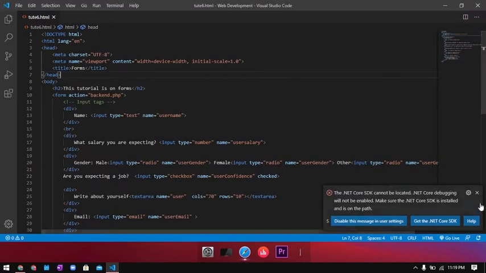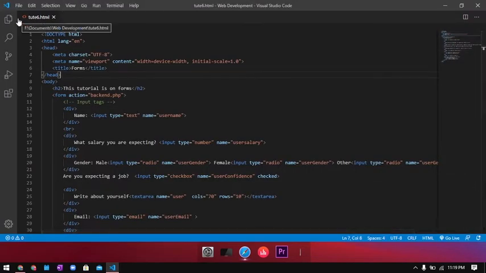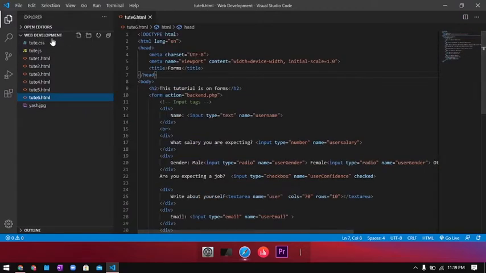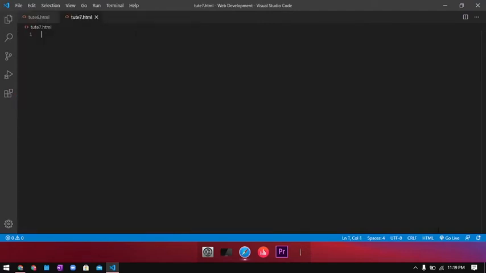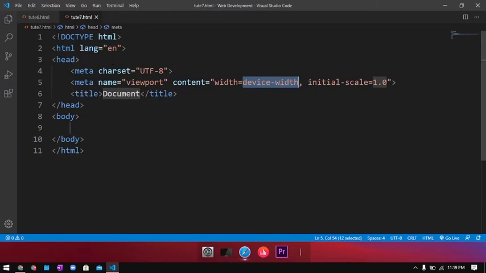So I'm in my VS Code now and I will create another file for our tut7.html. So now in our tut7.html, let us have a boilerplate. Yeah, and name it inline and block